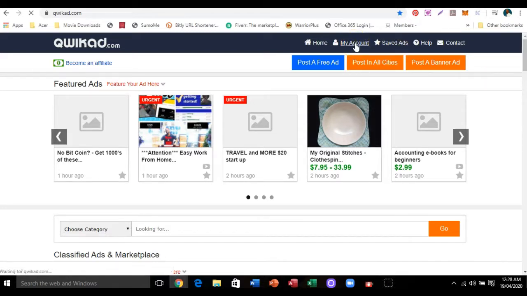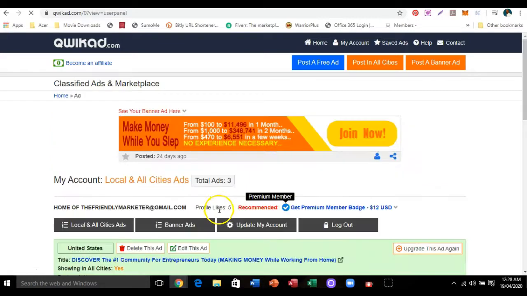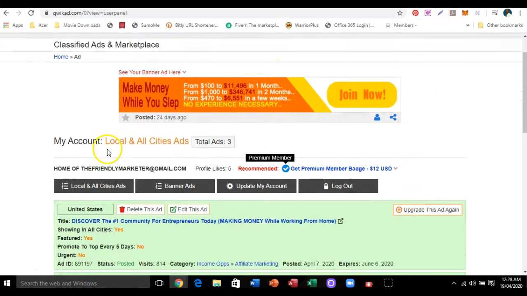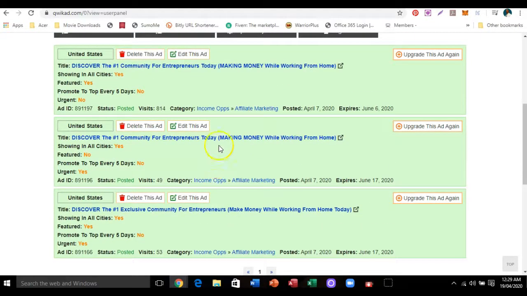I'm going to click here to log into my account. And this is the basic Qwikad account. This is not the affiliate account. This is my basic account. So I just want to log in so I can share with you how this is all done. So like I said, these are a couple ads here that I'm running. I have 3 ads running here, and they are all set up